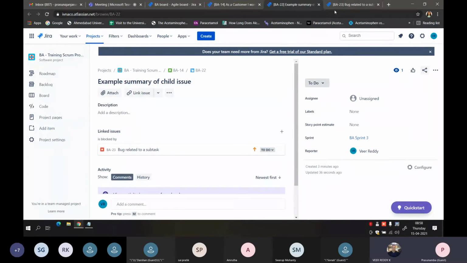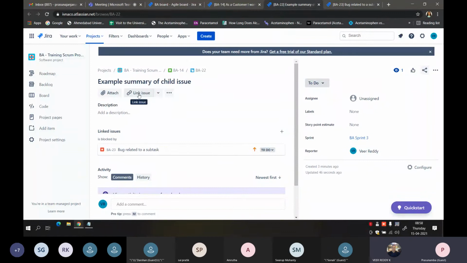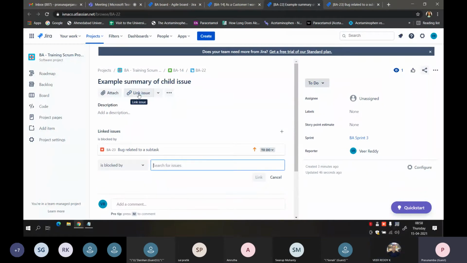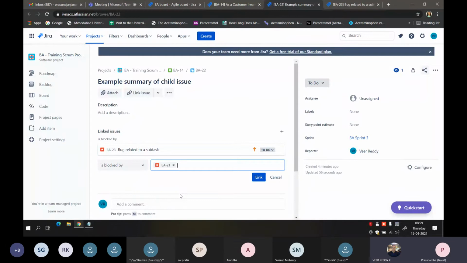So what I did here is I created this bug separately and then linked this one. You also have an option of linking an issue from here. Again, from here, you can select the other bug.